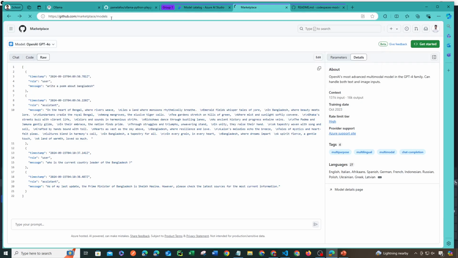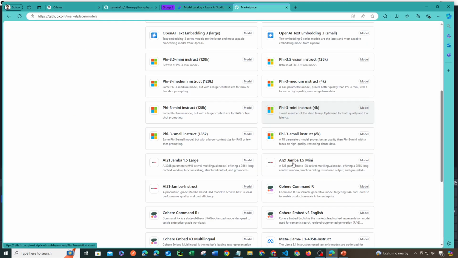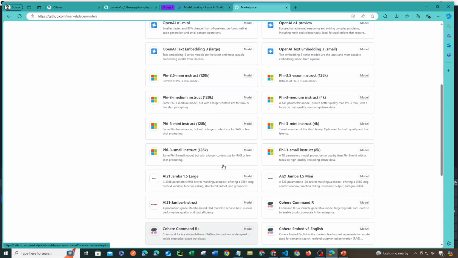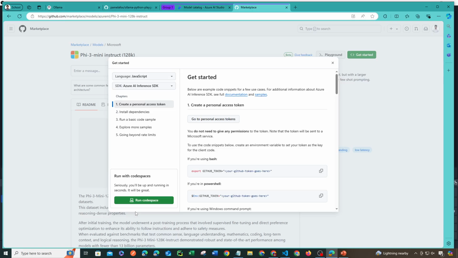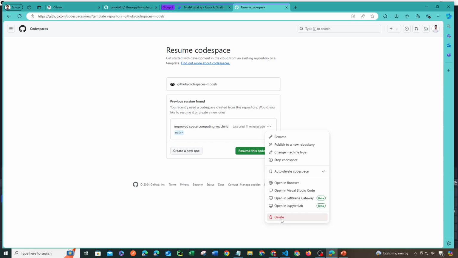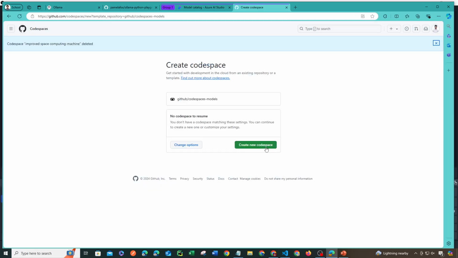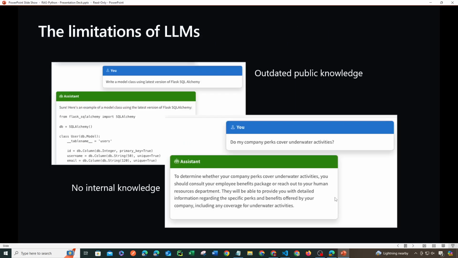Let's take a few minutes. We want to see other versions, like Phi-3 instruct. I have never tried it, so let's explore a different one. Same as it is. Okay, I have to delete the Codespace, maybe it created the problem. So create a new space. As I already told you, whenever we start a new space, it takes some time, and at the same time we visit the